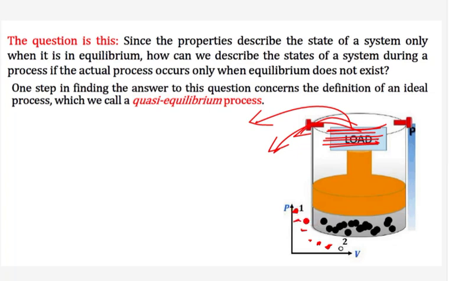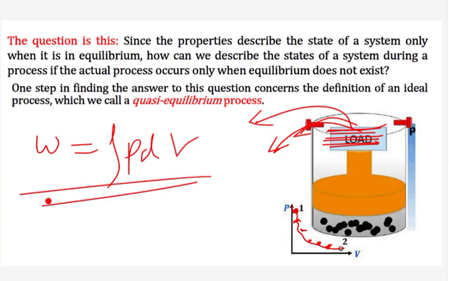Now if you know what has happened in between, you know the state point, so you know what has happened in between, and now joining these points you will get a curve. Now if you know the curve, you can calculate the integration of pdv and you will get the displacement work done. And that's why you might be knowing that this integration can only be performed when the process is quasi-static